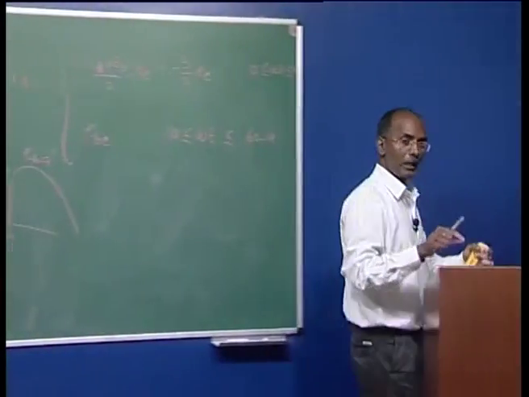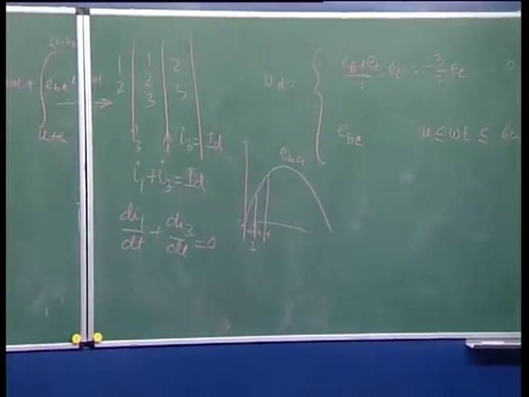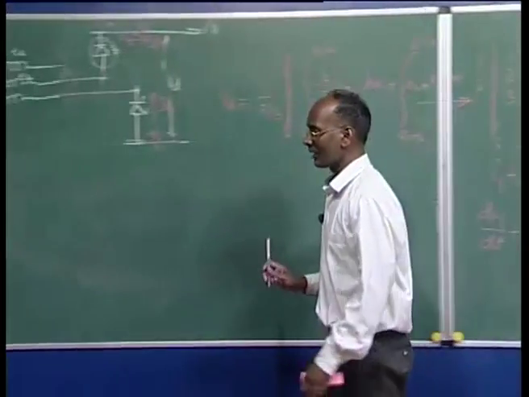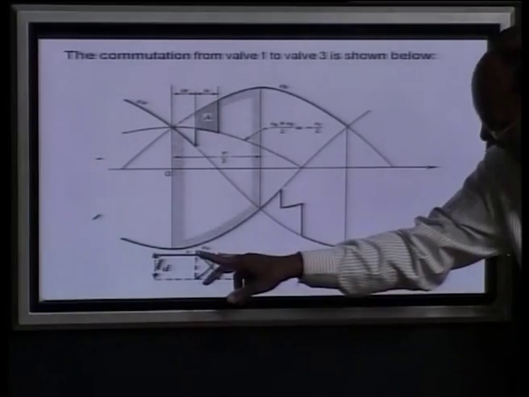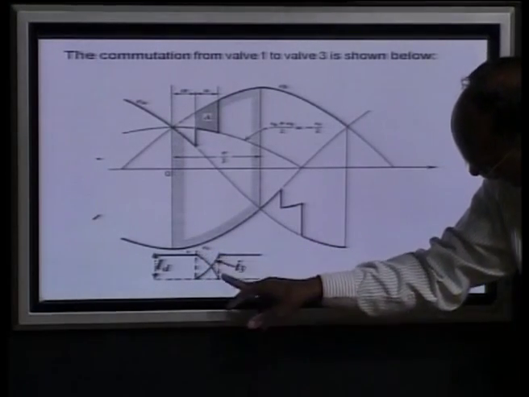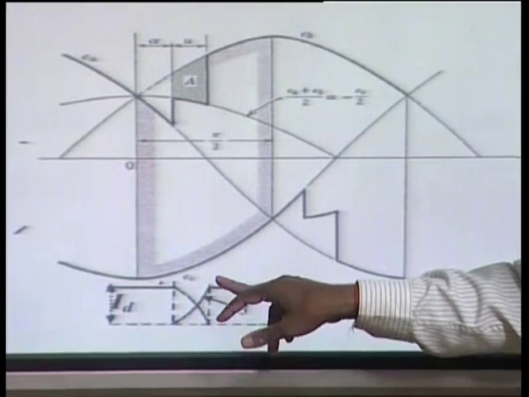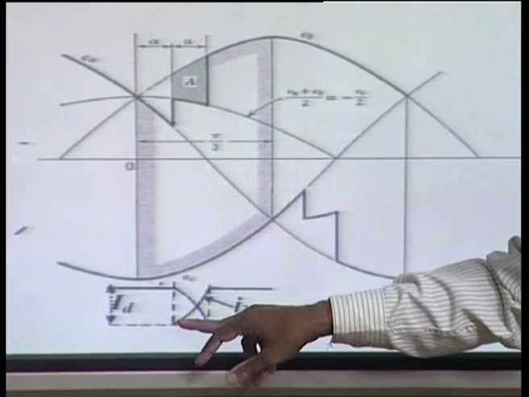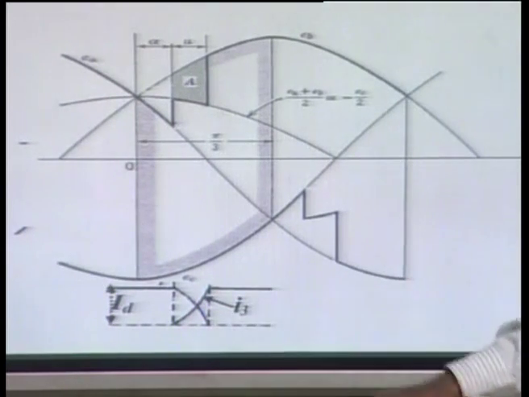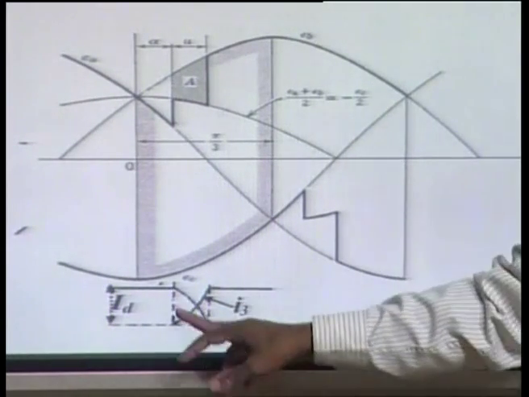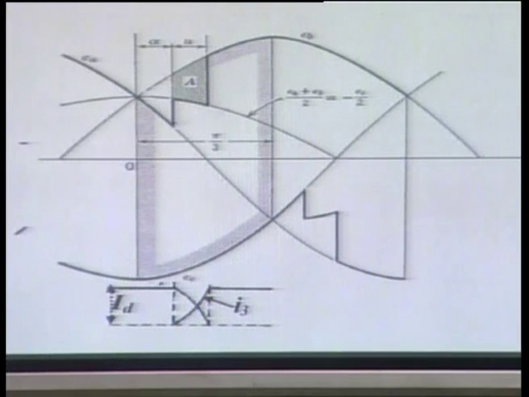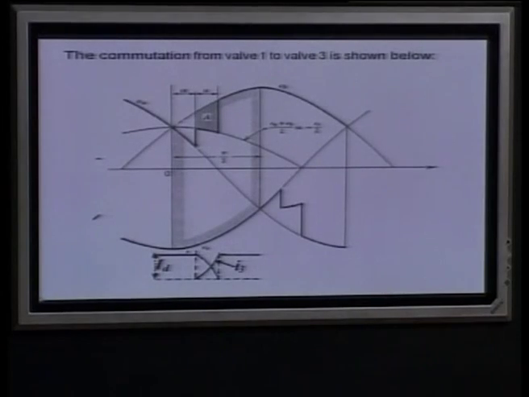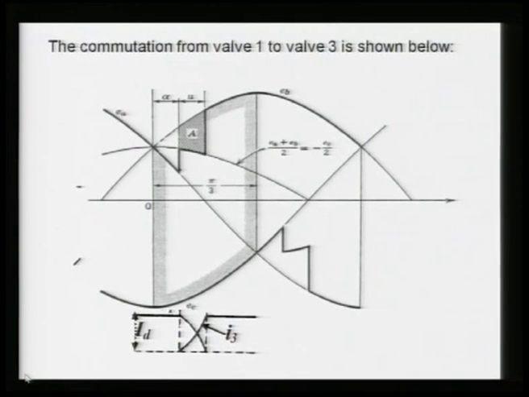We will see more detail about this, even though the graph which I have shown here is also very tricky. You can say the current from valve 1 is going like this, and valve 3 is picking up like this. You can ask why it is not like this, and why this is not going to be this one. We will derive the characteristic during this conduction period, how the current is going to change from one valve to another valve, and we will see that later in the same lecture.